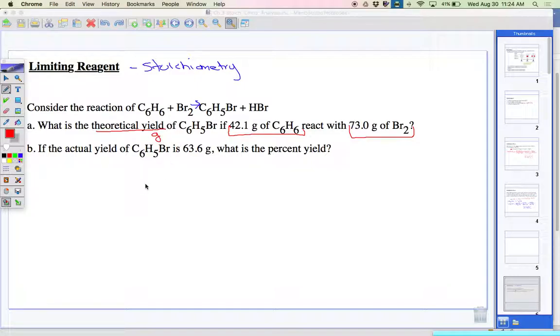Yes, it's balanced. I saw the H5 and I was like, this isn't balanced. All right, so we have a balanced equation. But now instead of just doing one stoichiometry problem, what do we have to do? We have to do 2 stoichiometry problems. So 42.1